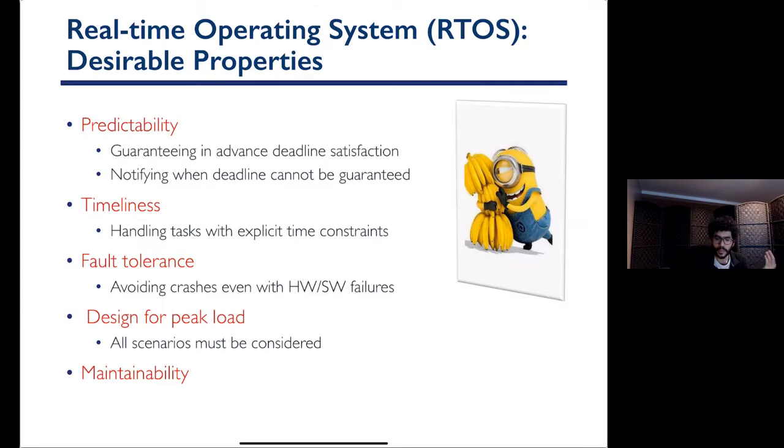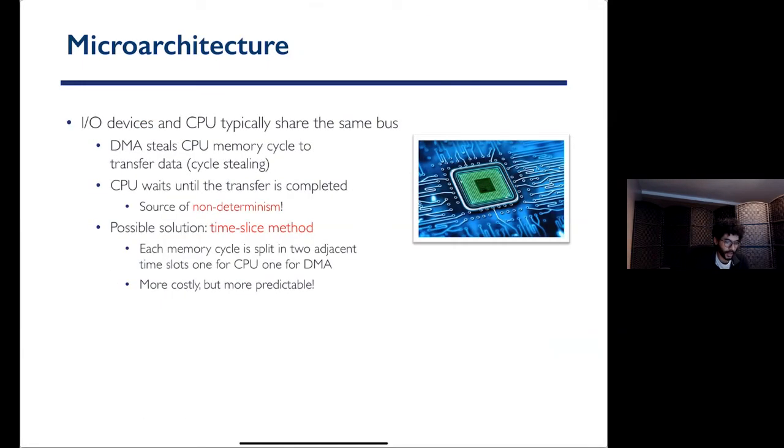And finally, maintainability. You want your system to be maintainable. If some changes have to be done, you don't want this to be hard. So this last one is also somehow relevant for general purpose operating systems. So if I were to just identify the ones that are starkly different from general purpose, it is this one, and this one. So these are the ones that are specific to real-time operating systems and not for general purpose operating systems. Okay, so